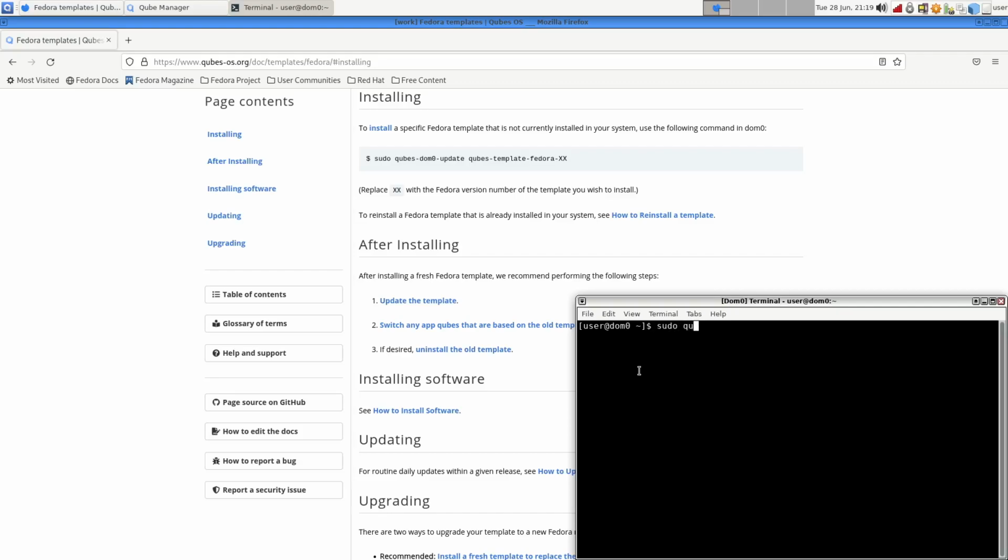qubes-dom0-update qubes-template-fedora-35,